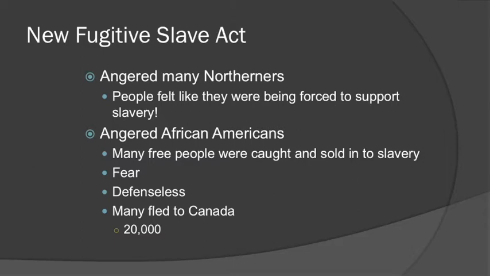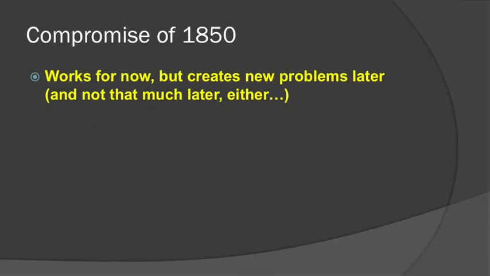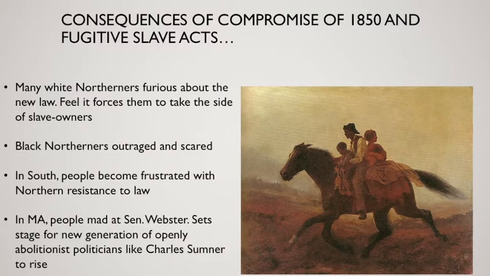And many people actually go to Canada, because Canada at this time with the new act becomes the only place that is totally safe from you being captured and returned to slavery. So the Compromise of 1850 works for now, but creates new problems later, and not really that much later, within a few years. The consequences of this whole thing, again: white Northerners are furious, Black Northerners are outraged and